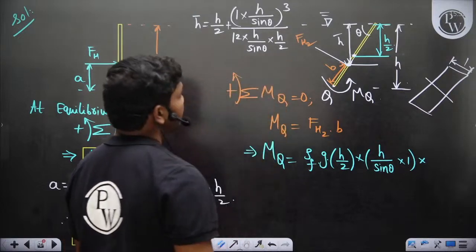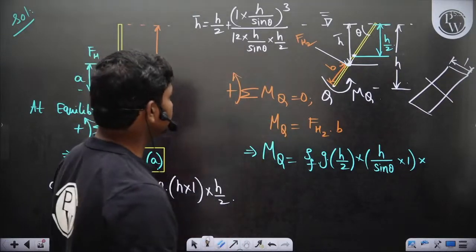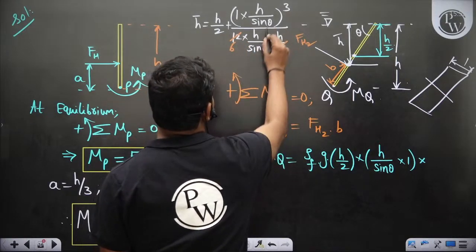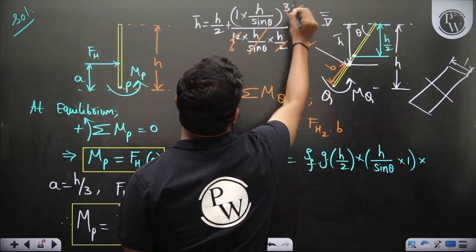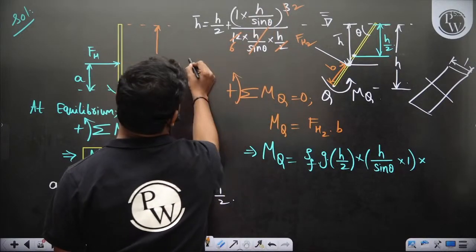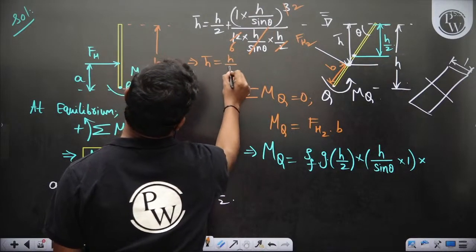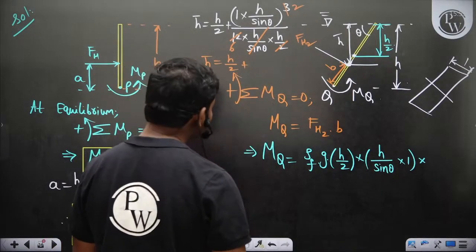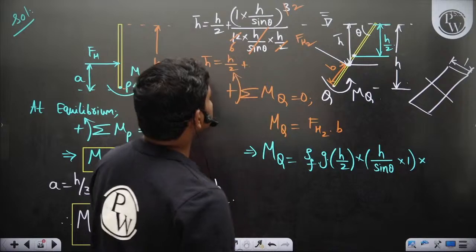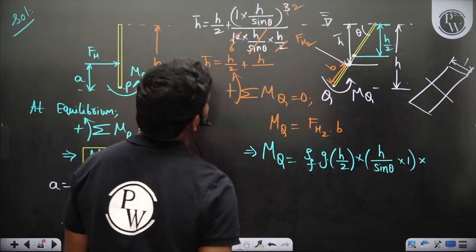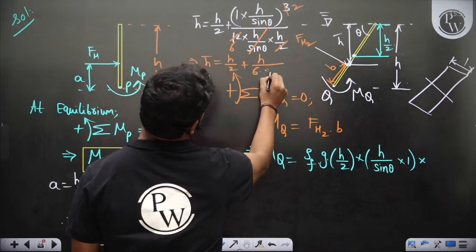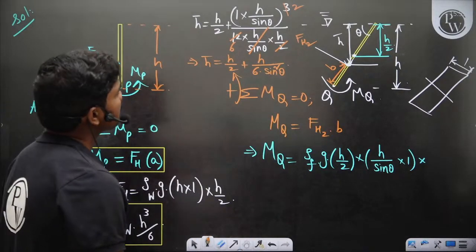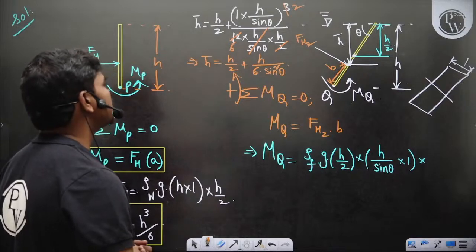So this should be the h bar value, the depth of centroid from the free surface. So you can see, this is 6, then 1 h sine theta and h sine theta gets cancelled, and this h will cancel one more h. So h bar is h by 2 plus h by sine square theta into 6 sine square theta, that's all. So h by 2 plus h square by 6 sine square theta h, so h by 6 sine